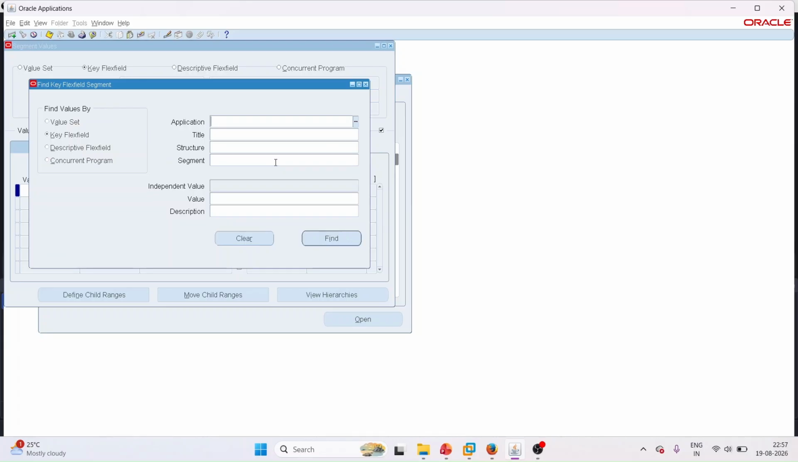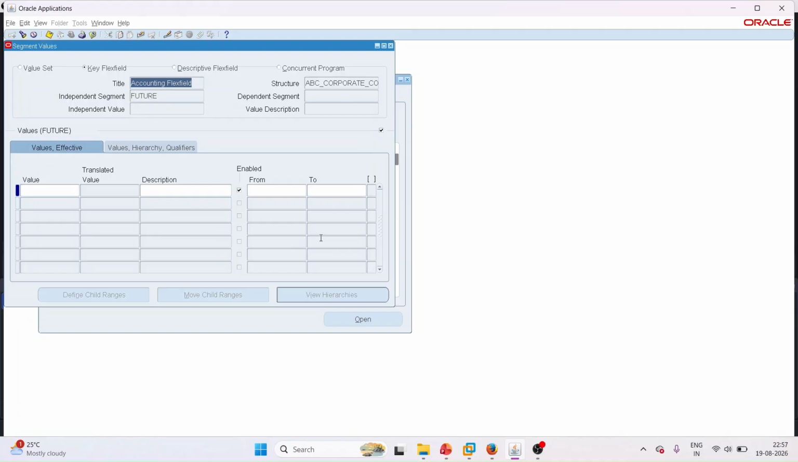Finally, we have the future segment. Click find. This segment is reserved for future business or reporting requirement. I am creating value 00. Save it, then go to